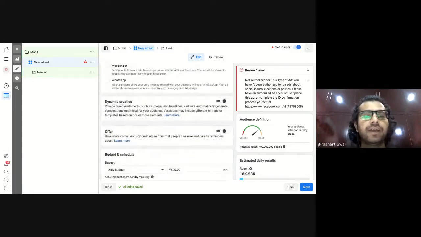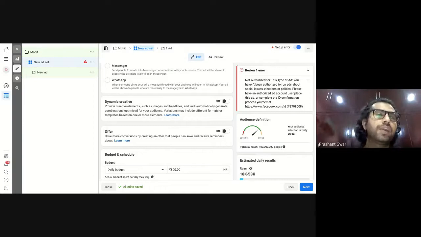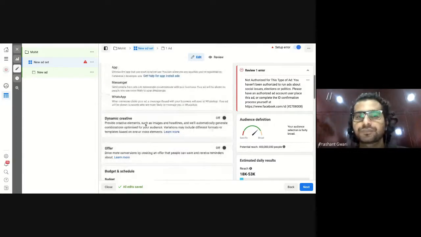The dynamic creative and offer options are for e-commerce websites, when they showcase their catalog and want to reach higher audiences by providing some kind of offer or creative pictures. You can choose these two options, like if you are giving a 20% or 30% discount. To activate those two features, first you have to go to your Facebook page, to the offer section, and provide the offer on all the products, like 20% discount on this product, 20% discount on that product. You have to list all the products on your Facebook and Instagram page. So we are not touching it right now. We just click on the website option here.